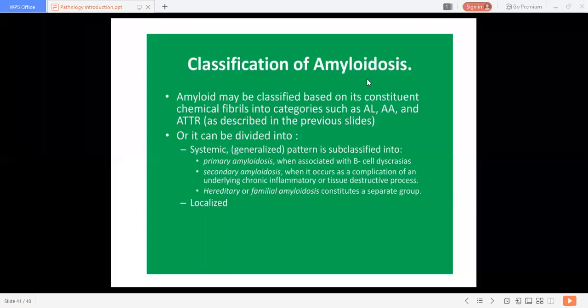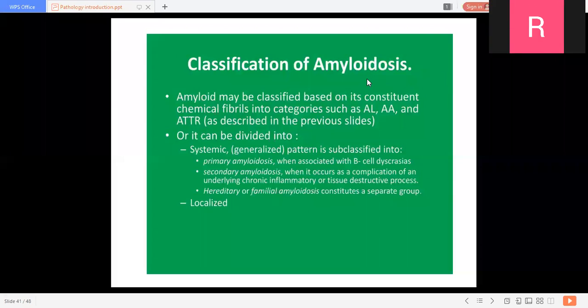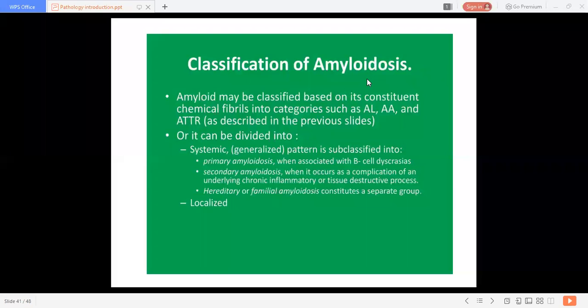Then next is hemodialysis associated amyloidosis. It happens where patients are on long term dialysis due to renal failure, and in that case this amyloid gets deposited. These deposits are in the kidney as well as in the synovium, joints, and tendon sheaths, where this amyloid gets deposited whenever amyloidosis occurs with the kidney.